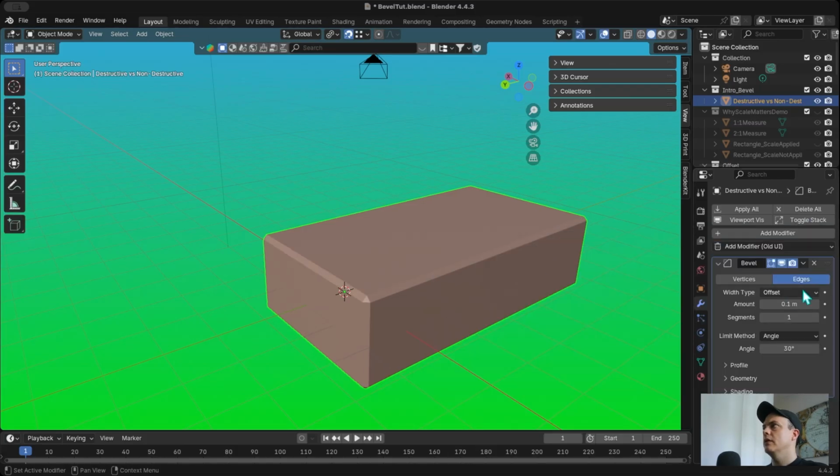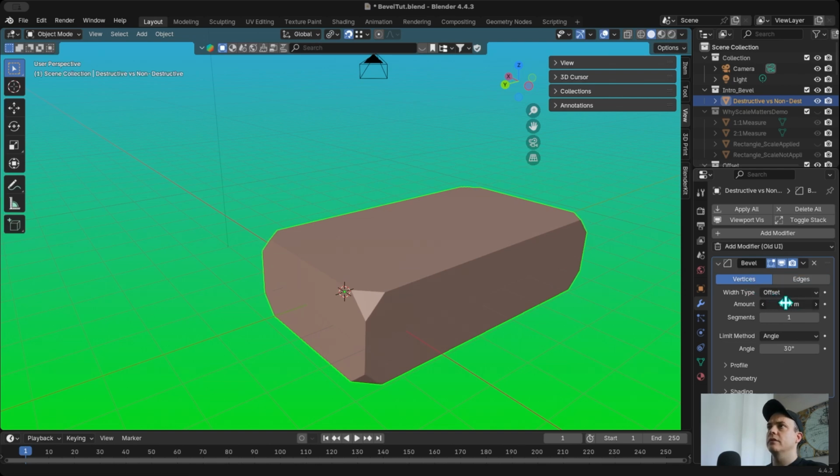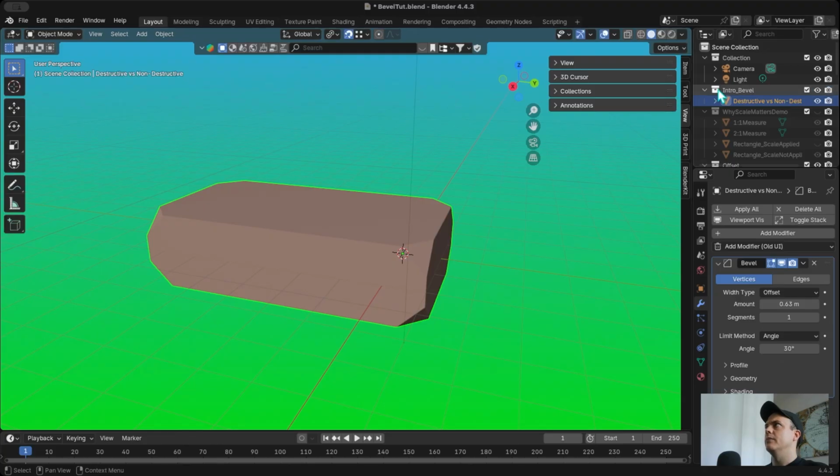So as you can see here, beveling along the edge is going to bevel the edge, beveling along the vertex is going to bevel the vertex. Now, how does this add up right here? So